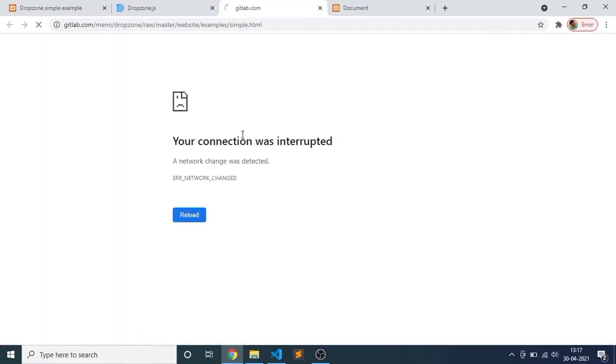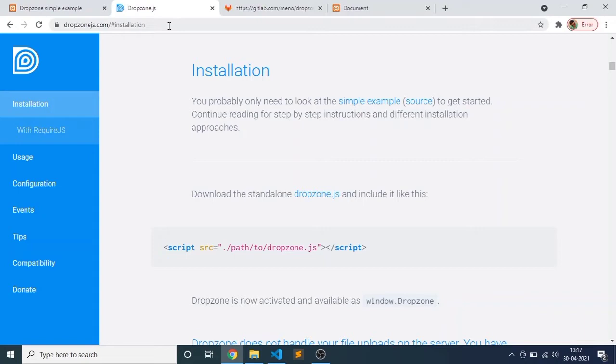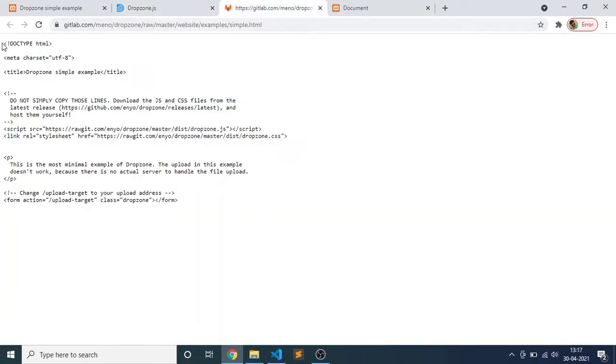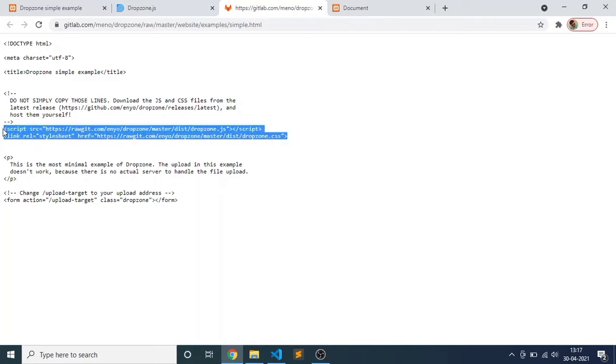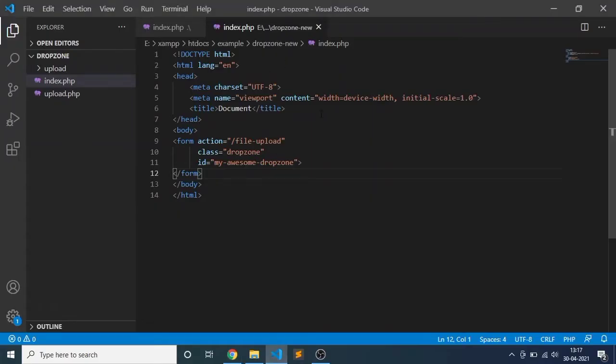Click on it, and we get a new page with an example of the CDN. Here are two links available which we implement in our code.